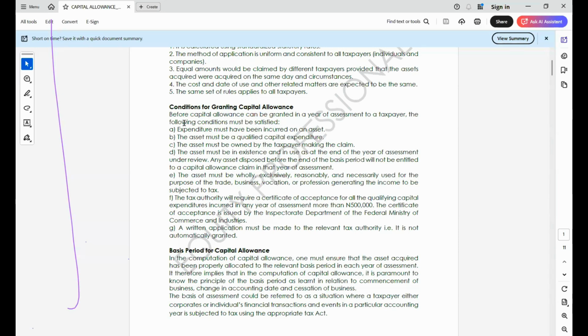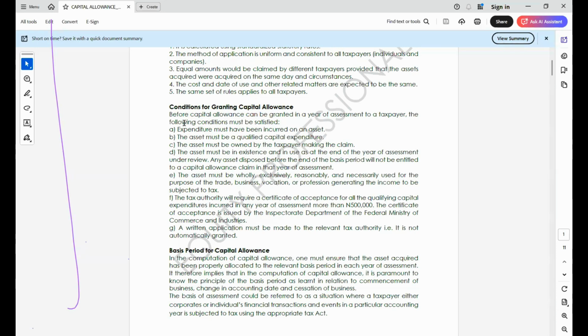We said if you buy a non-current asset for the purpose of business, non-current assets are assets that are going to last for a longer period of time. But there are some non-current assets that you also acquire that are not going to be regarded as